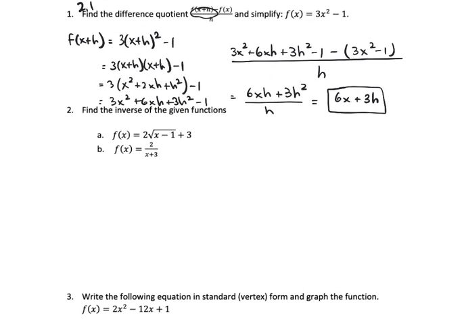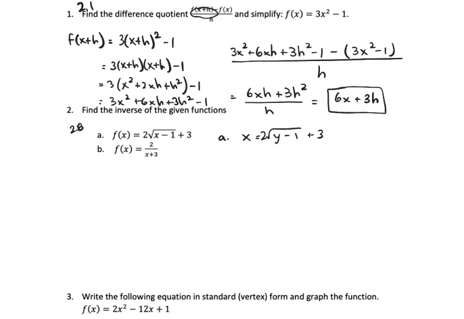Question 2, this is from section 2.8. For part A and for part B, the steps that you take to find the inverse of a function is to switch the place of x and y and then solve for y. So for part A, if we're going to switch the place of x and y, and remember f of x is y, you're going to write x equals 2 times the square root of y minus 1